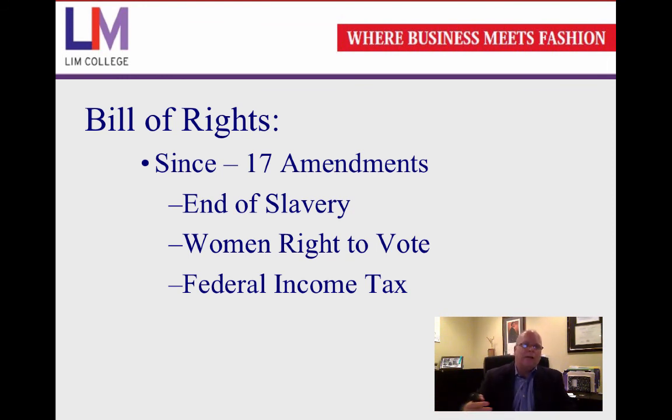On the quiz, I'm going to ask you to tell me 5 additional amendments that have been added to the Constitution besides those guaranteed under the Bill of Rights. Look in the book, find 2 more, but there have been 17 added since the Bill of Rights was established in 1791.